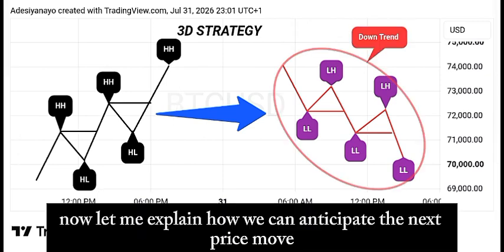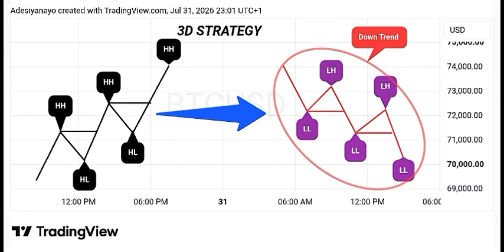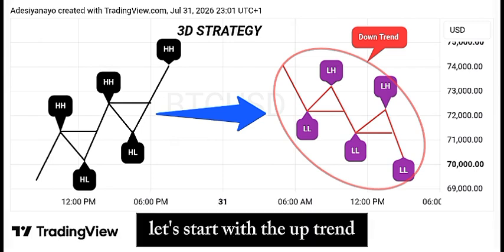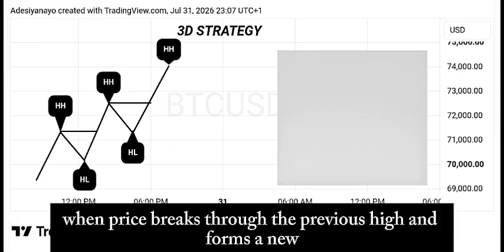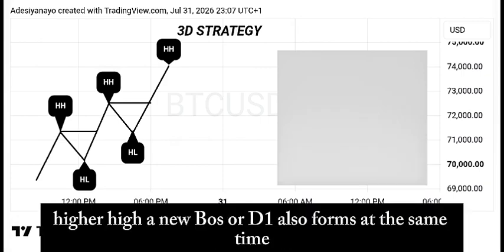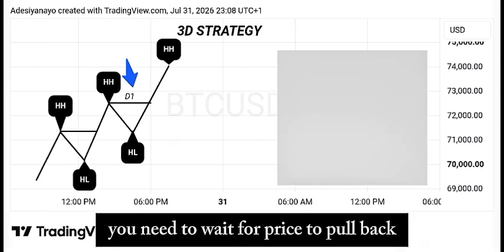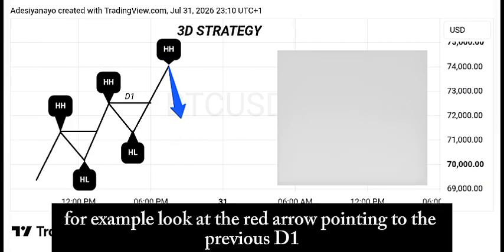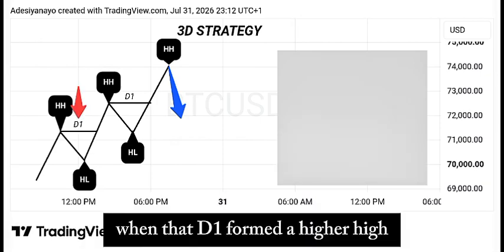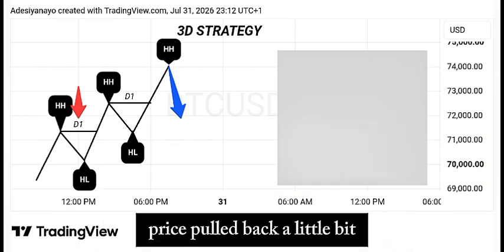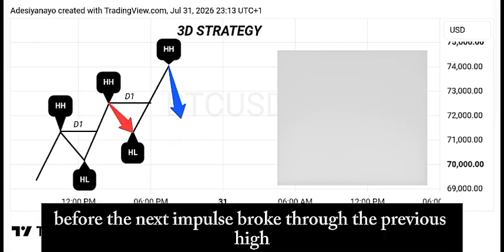Now, let me explain how we can anticipate the next price move using this simple drawing. Let's start with the uptrend. In an uptrend, when price breaks through the previous high and forms a new higher high, a new BOS or D1 also forms at the same time. So, to anticipate the next move, you need to wait for price to pull back. For example, look at the red arrow pointing to the previous D1. When that D1 formed a higher high, price pulled back a little bit before the next impulse broke through the